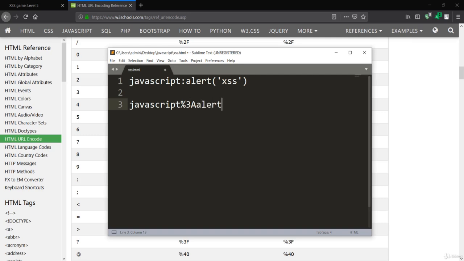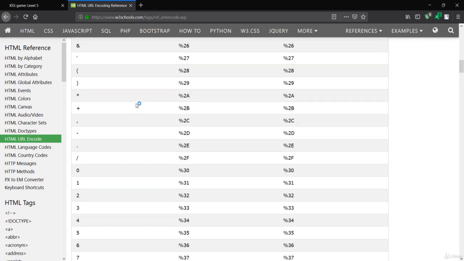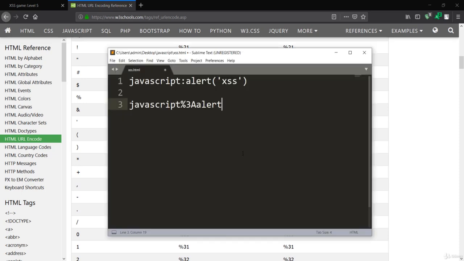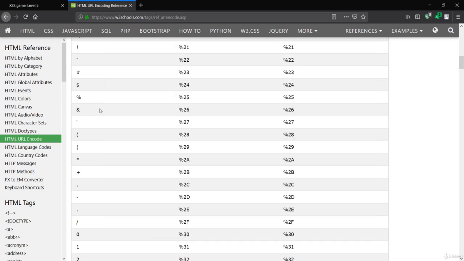So after alert you have to encode this opening parenthesis. For the opening parenthesis it is percentage 28, which is right over here. So you will just encode it with percentage 28, and you have to encode this one code. If you see here, it is percentage 27.